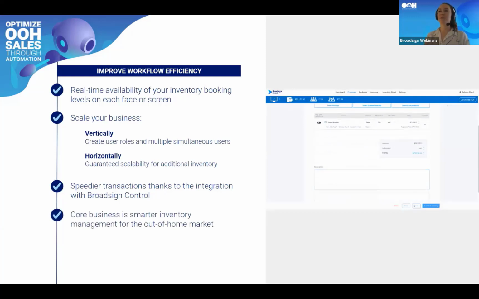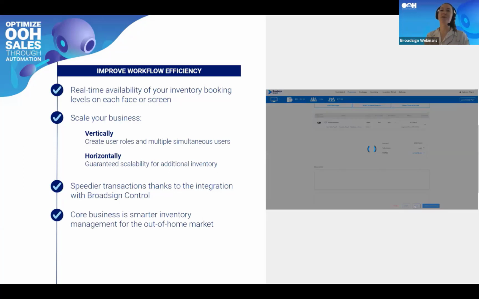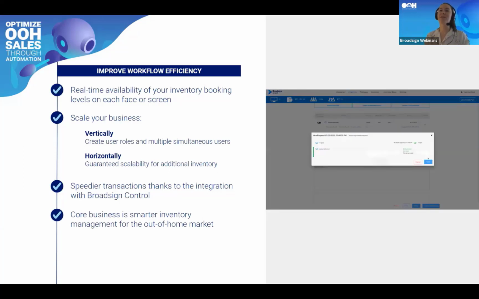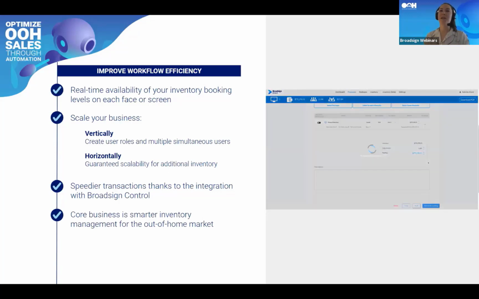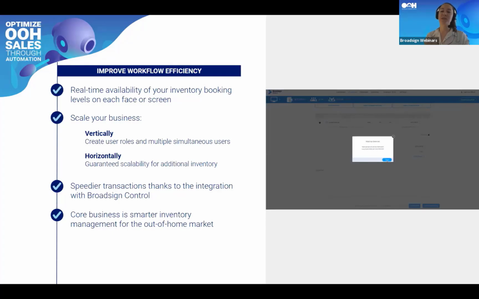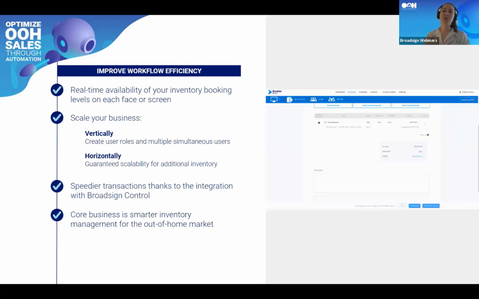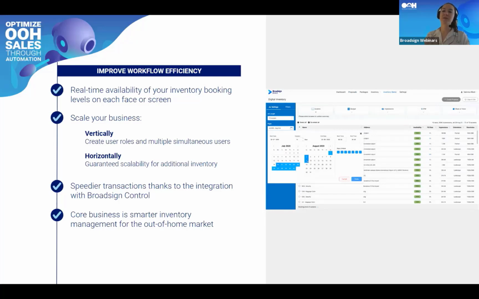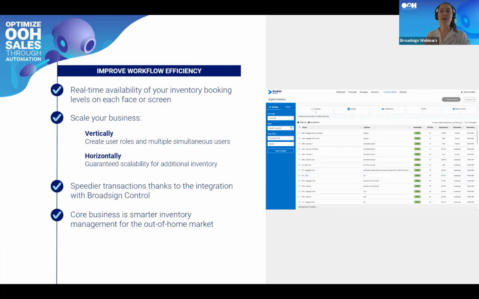I guess maybe even more importantly, this is our core business. Smarter inventory management for out-of-home is our core business. So we do have a lot of engineers focusing on making sure that we strive to do better products every day in the software development. And we also are focusing on the out-of-home market. So every day we try to adapt to trends, know more about the out-of-home market, and that's really the strength